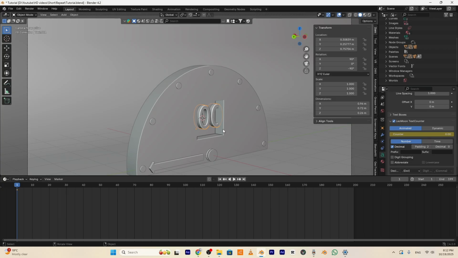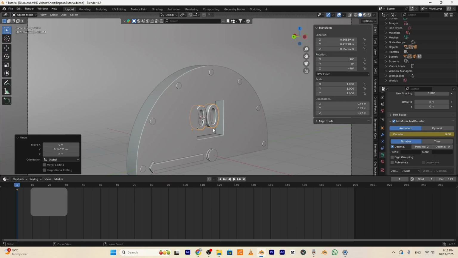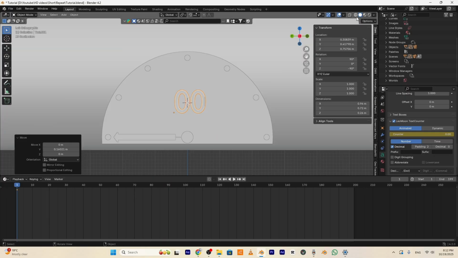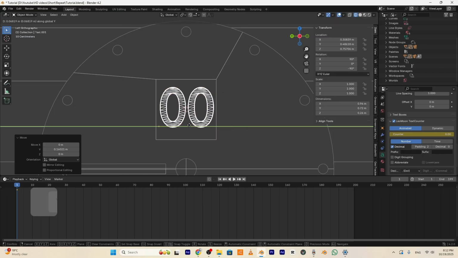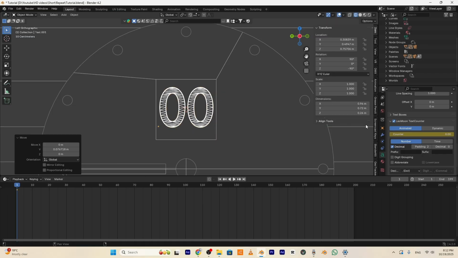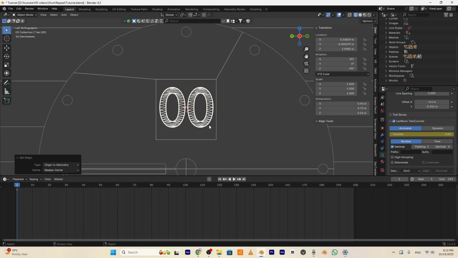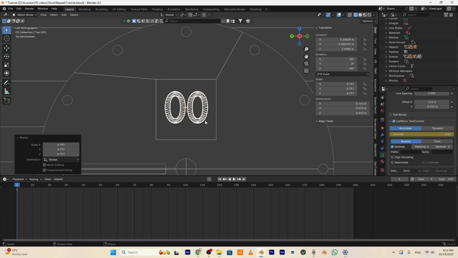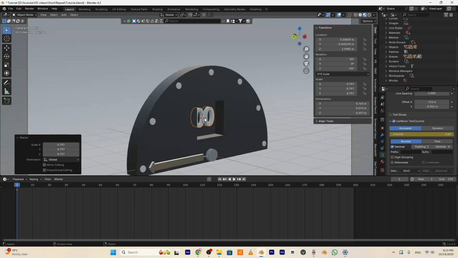I think this is enough. I will move it a little to be in the middle. As you see, we can see it here. Move it a little bit. Maybe I will scale it. Before I scale it, I will move the origin to the middle of the geometry. Scale it like so. Go to the camera, and as you see,